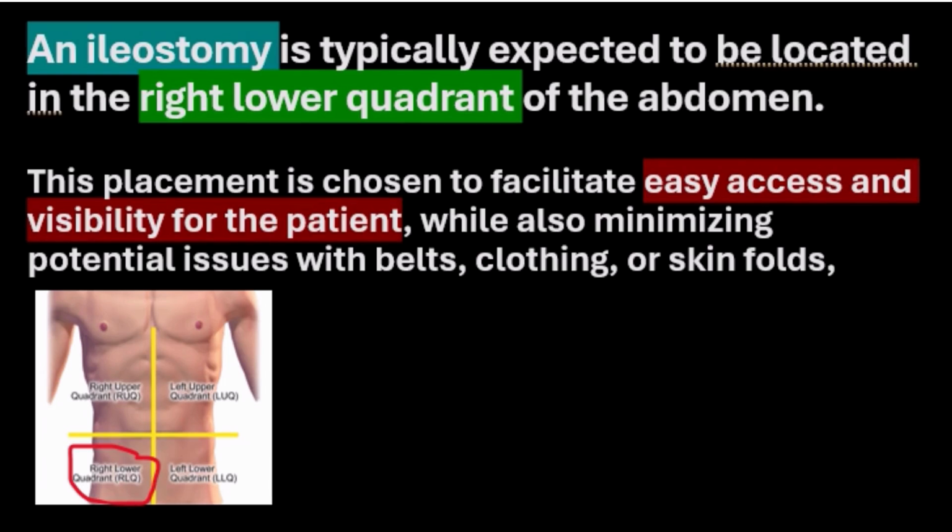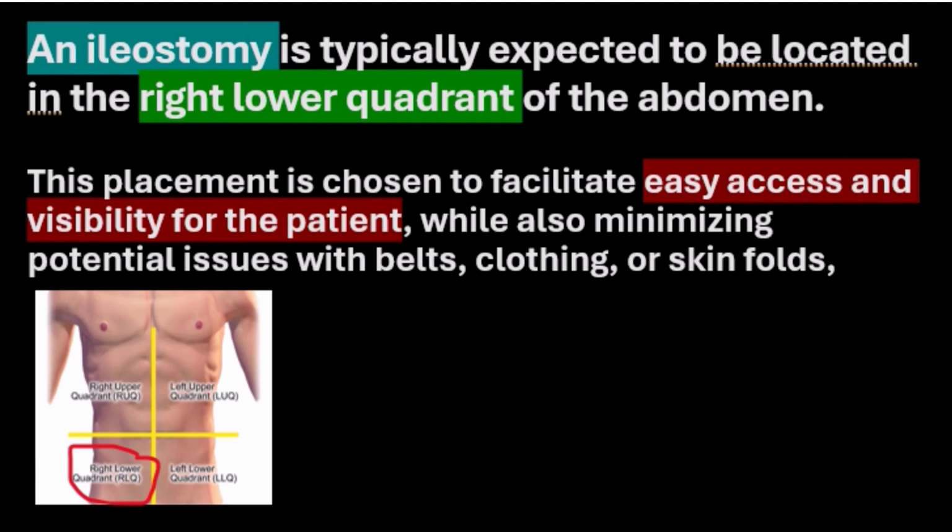An ileostomy is typically expected to be located in the right lower quadrant of the abdomen. This placement is chosen to facilitate easy access and visibility for the patient, while also minimizing potential issues with belt, clothing, or skin folds. In the diagram, we can see this is the right lower quadrant where the ileostomy is typically